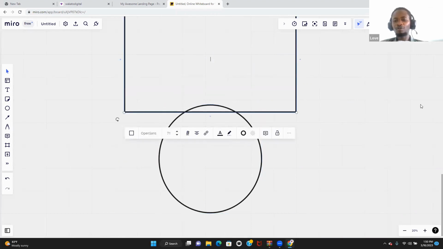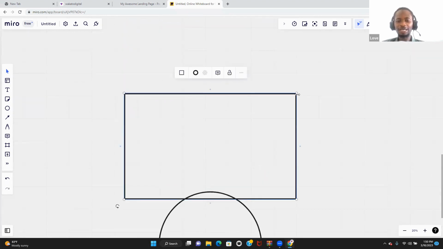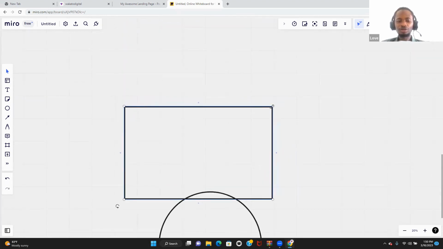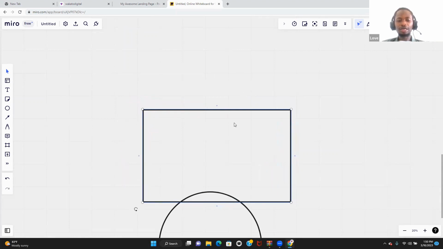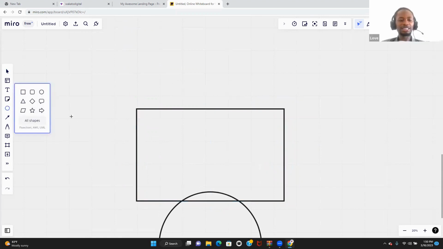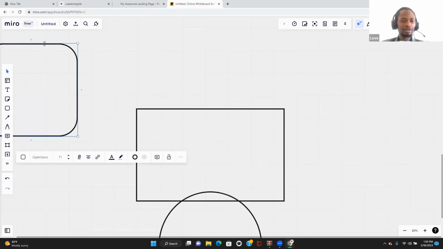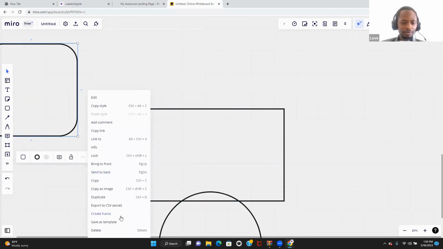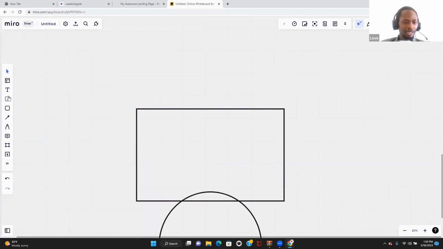But before they become a citizen, we first are going to invite them into the country. They're going to go through different types of stages. So we're going to have this here. Let me delete this. Once you understand this, you're going to be able to